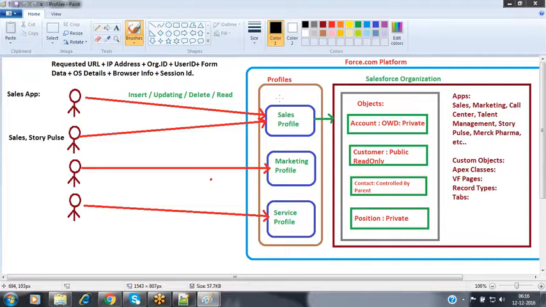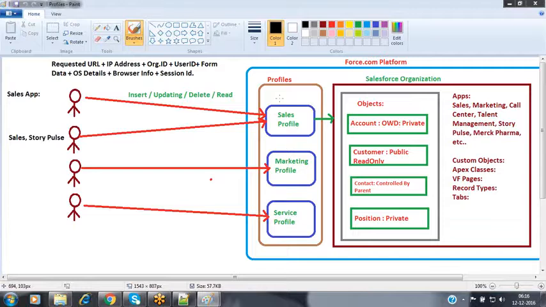Forcefully, it will make each and every record visible to this profile's users. So now, when coming to the OWD, even though the OWD is granting a very basic level of access, the profile is going to override the OWD. It is going to forcefully get all the records, and these records will be visible to that user when you specify that view all permission.